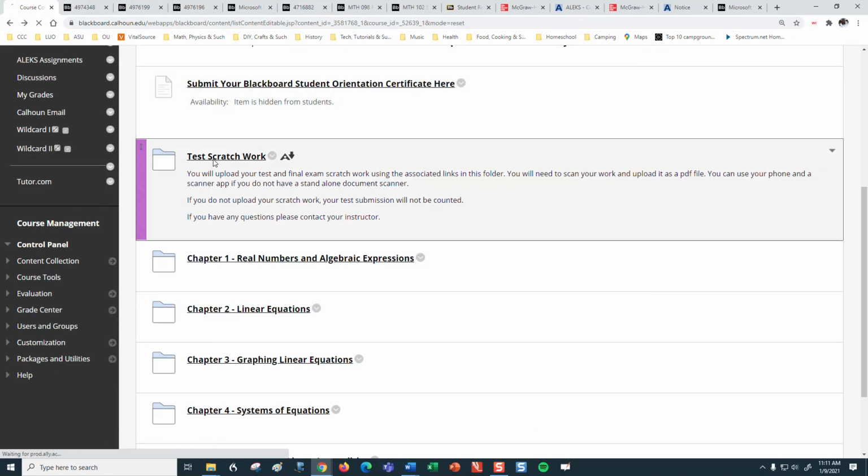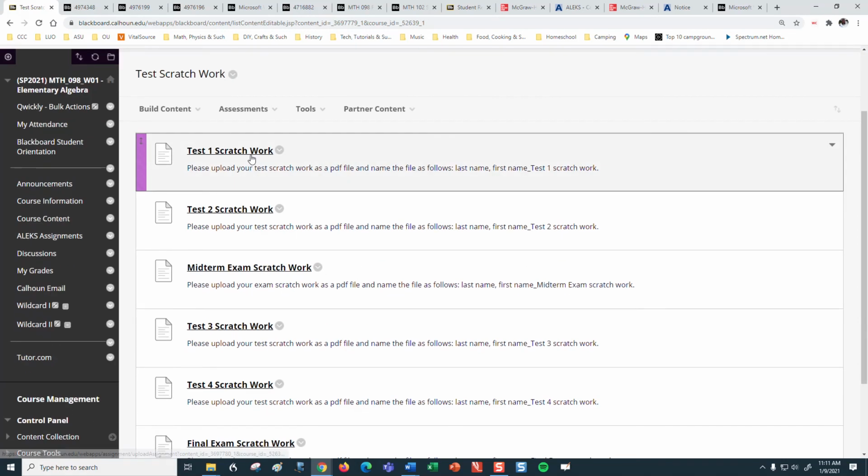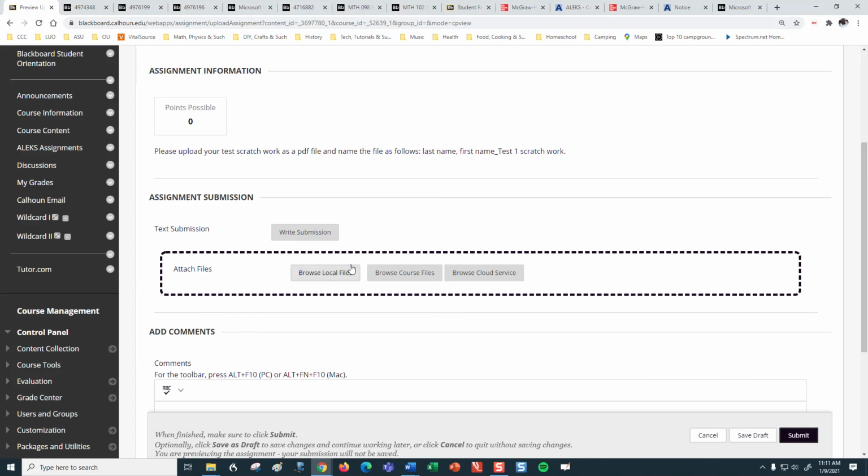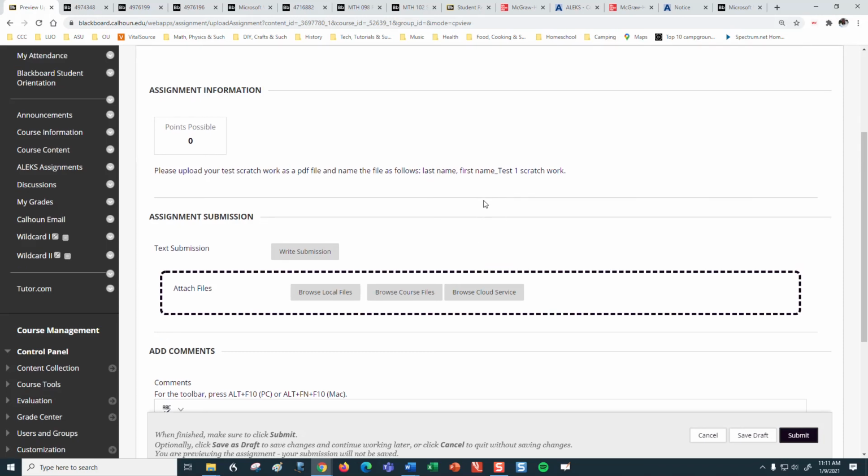Oh, and these are just simply drop boxes. If the student clicks the link, it'll ask them to go ahead and attach the file, and then they end up putting it in their Dropbox, and then you have the option to view it from the gradebook in Blackboard. And you can go ahead and assign the 0 points. If they submit it, then give them 0, which means that they've just submitted it. Okay? Now,